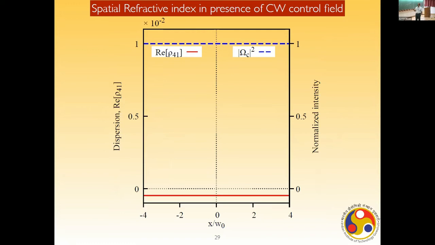Now, instead of this Bessel-Gaussian beam for the control field, if you consider a CW field, that is not going to happen. Here the refractive index is constant, and here also the absorption is a little bit high. So now